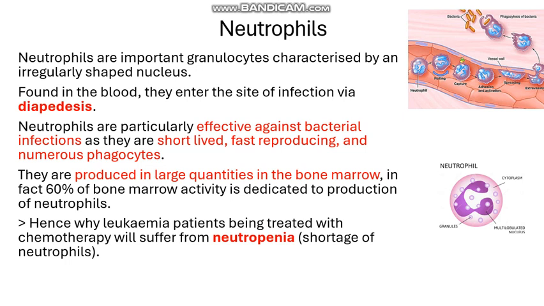They're particularly effective against bacterial infections, as they're short-lived, fast reproducing, and numerous phagocytes. They're produced in large quantities in the bone marrow. It's a fact that 60% of the bone marrow activity is actually dedicated to producing these neutrophils, which is why leukemia patients being treated with chemotherapy suffer from neutropenia, because the chemo damages their bone marrow and prevents